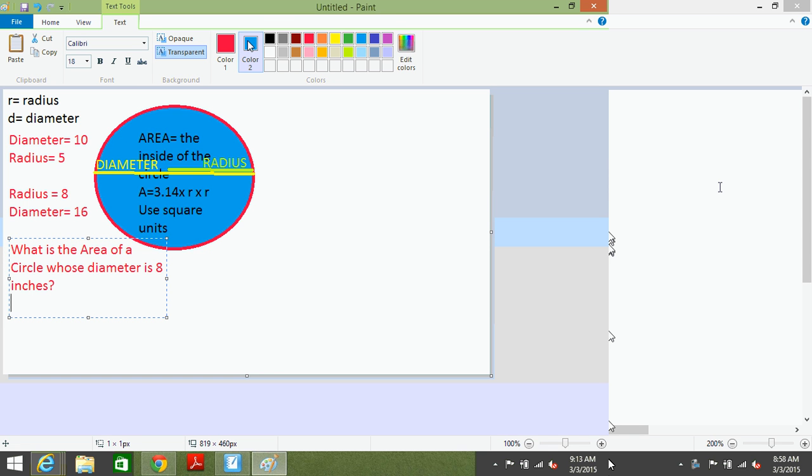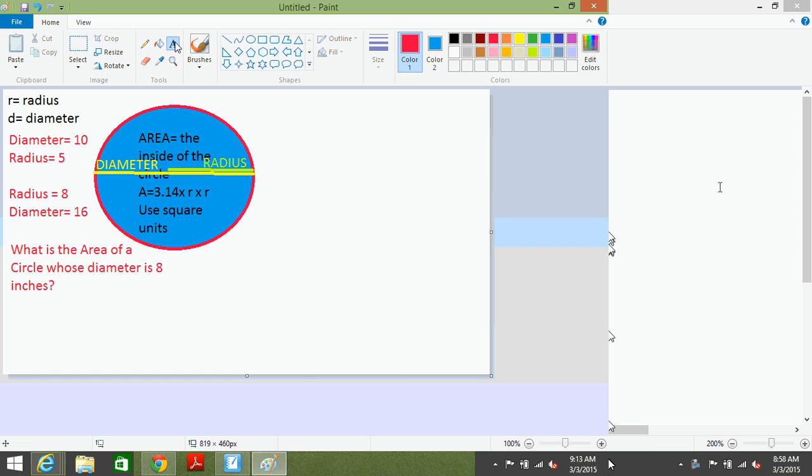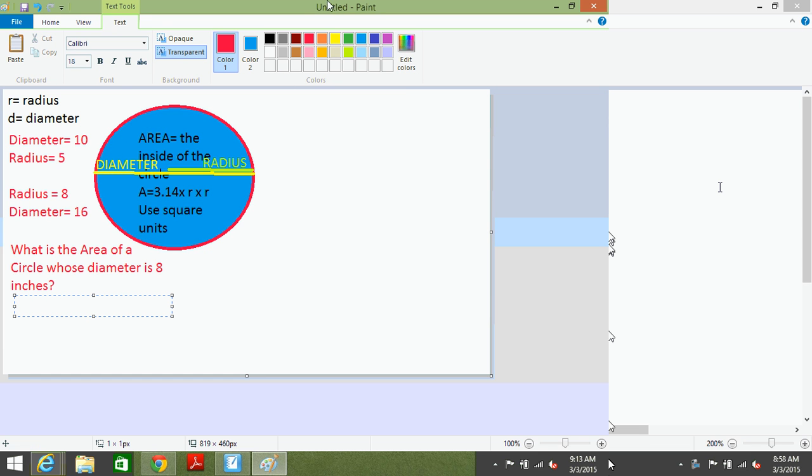Okay, so the first thing we want to do is, because it's asking for area, we're going to type our formula. I want you to use a new color too. I'm going to have to start a new text. Let's use any color besides red. Purple. Okay, so A equals,